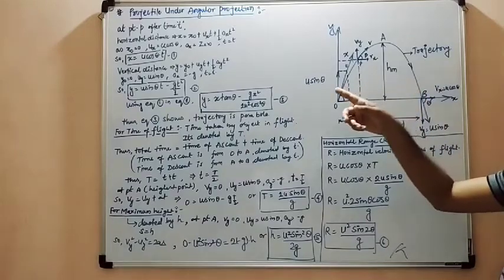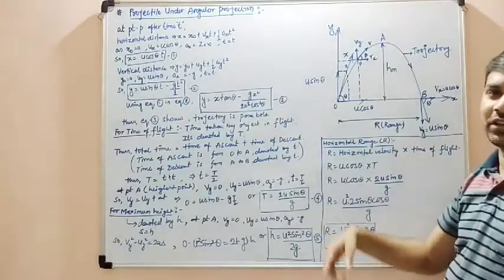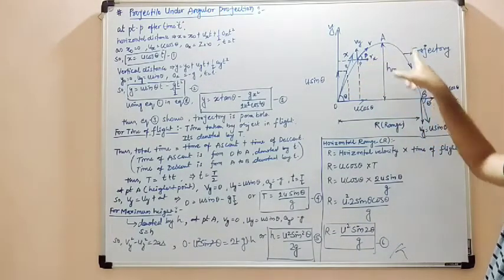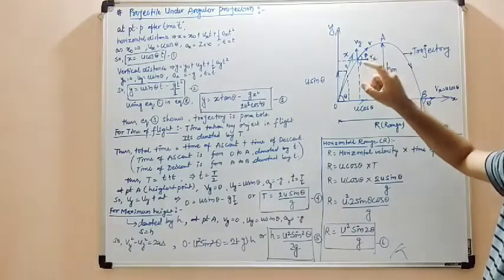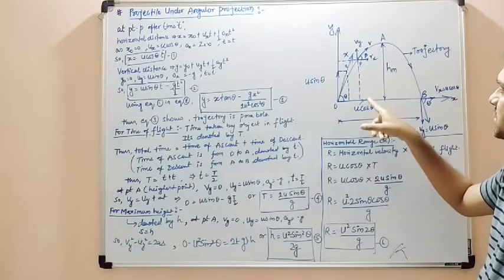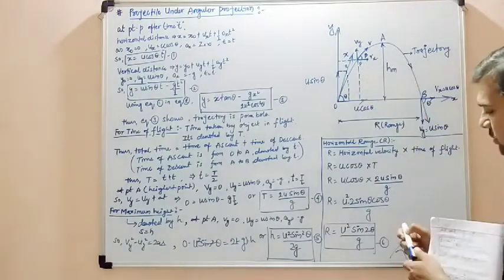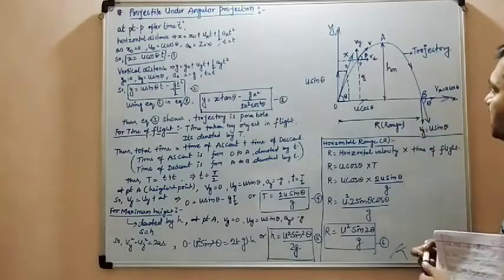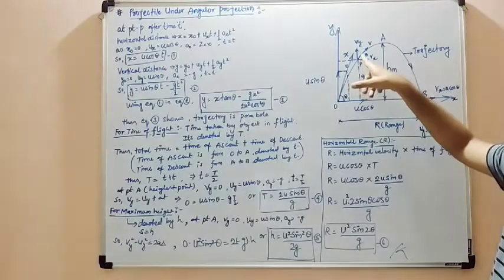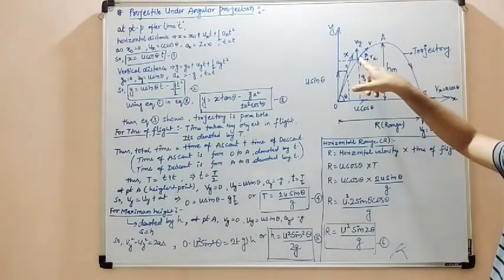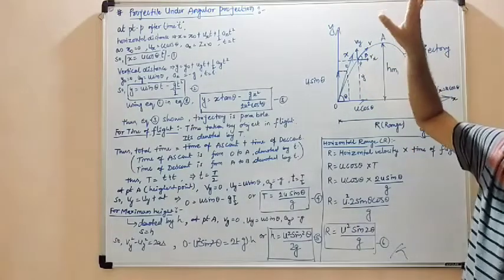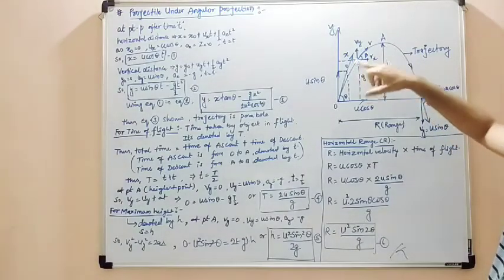Now we have to find the rest of the parameters of the projectile motion at point P. I have taken point P on this semicircular path at an arbitrary position, at a distance x from the y-axis and a distance y from the x-axis. The angle made by the particle along the path is beta. At point P, the velocity of the particle has components Vx along the x-axis and Vy along the y-axis, and the final velocity is V along the path.